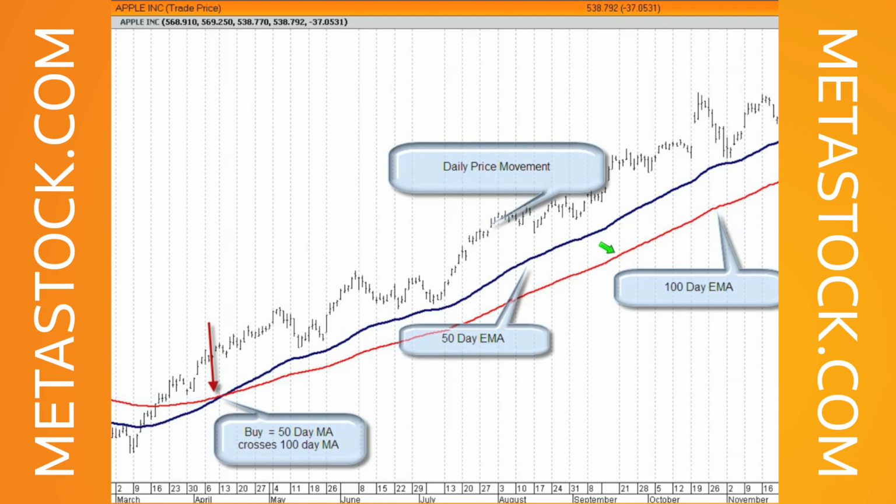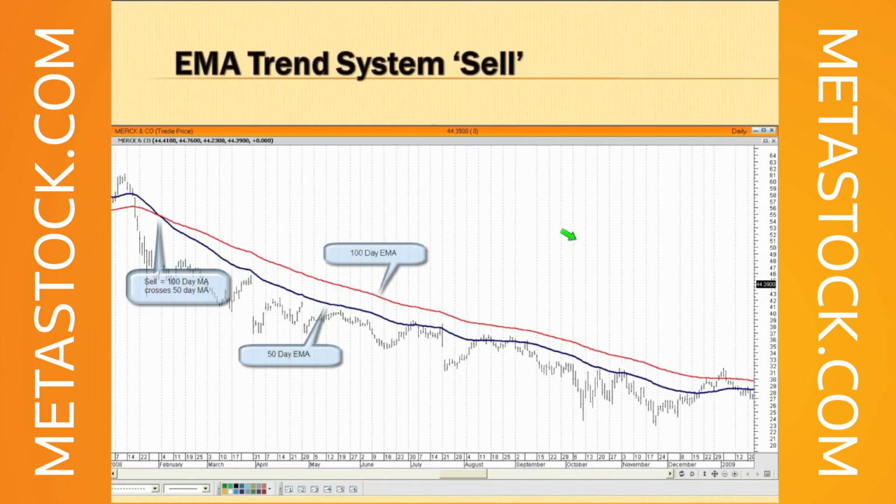So the system's pretty simple, and when you look at a price chart, you know right away whether that stock is a buy or a sell. And we can see with the 50-day EMA above the 100-day EMA that in this time frame Apple was on a buy signal. Now here's an example of a sell signal, and we can see right here the 50-day EMA,